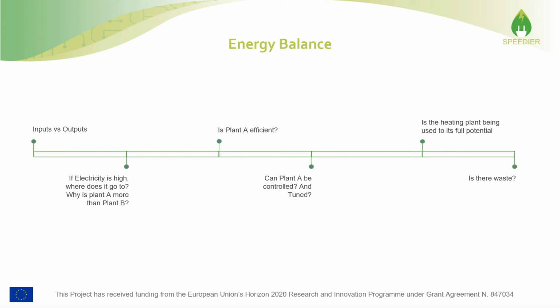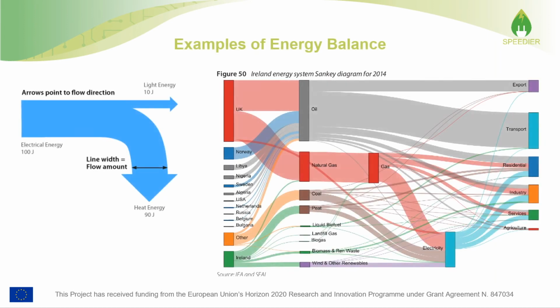And just some examples here of energy baselines or balances. The larger diagram shows the sources of energy in Ireland. Notice that nearly all natural gas is imported from the UK, and that the only supplies that are fully Irish are peat, biomass, and renewables. So you can see that most of our inputs are oil, and most of the output from oil goes to transport.